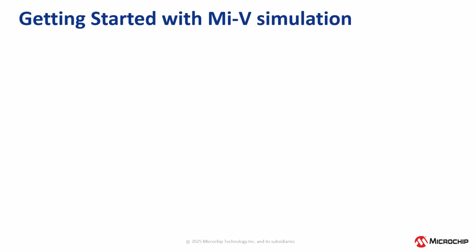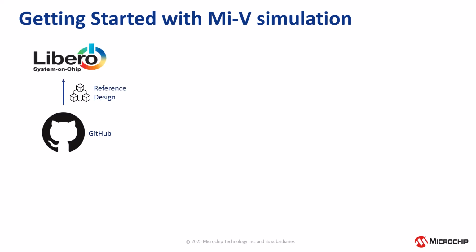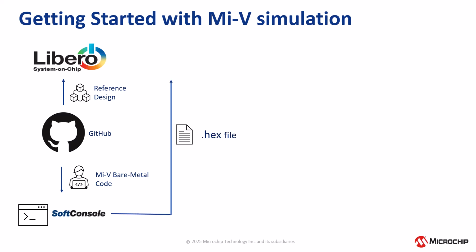Let's walk through the complete simulation flow. First, we will access the Microchip GitHub repository to download the Mi-V reference design. This gives us our foundational hardware structure. Next, we will import a bare metal software example into SoftConsole, build it to generate the hex file containing our executable code. Then we will initialize the SRAM with this hex file, ensuring our processor boots with the correct